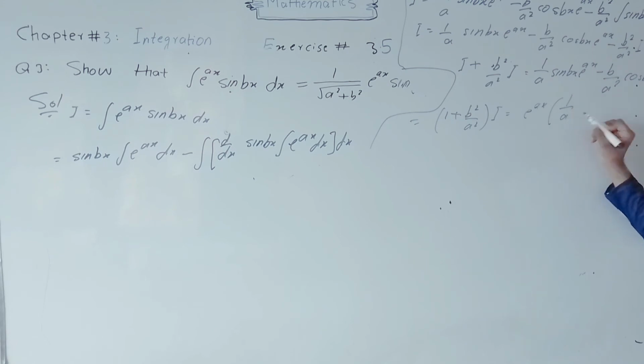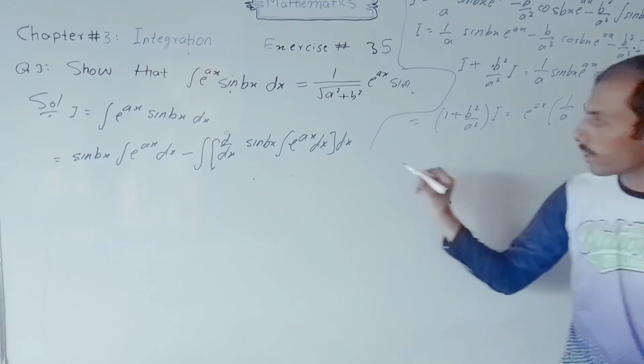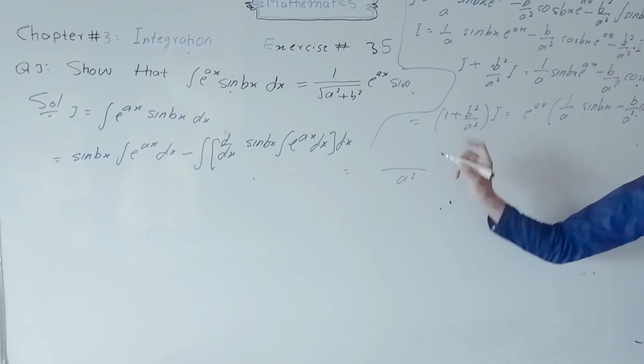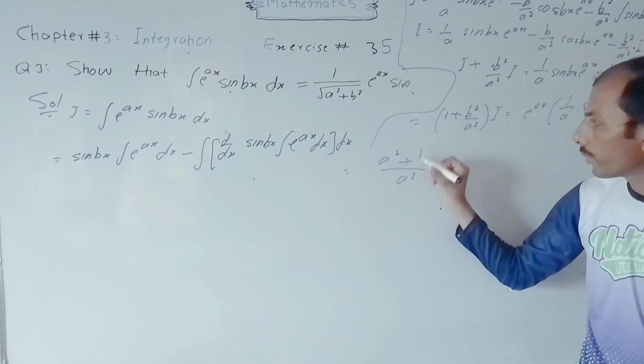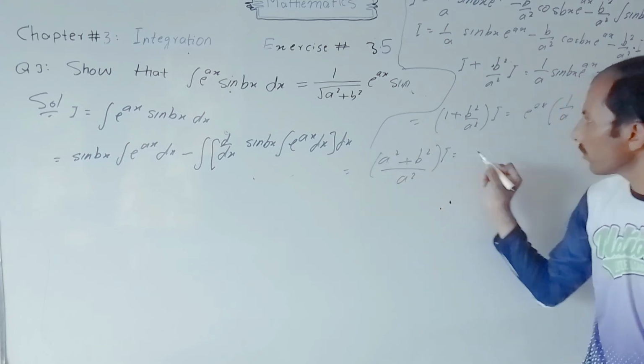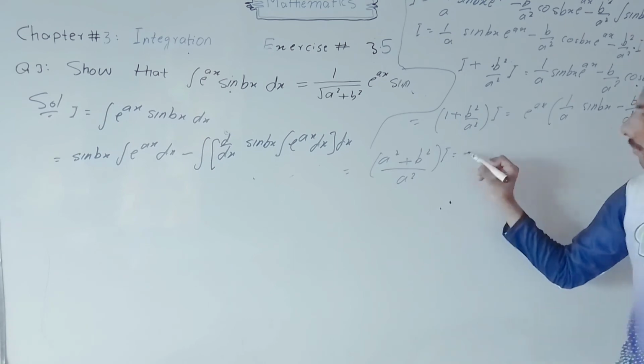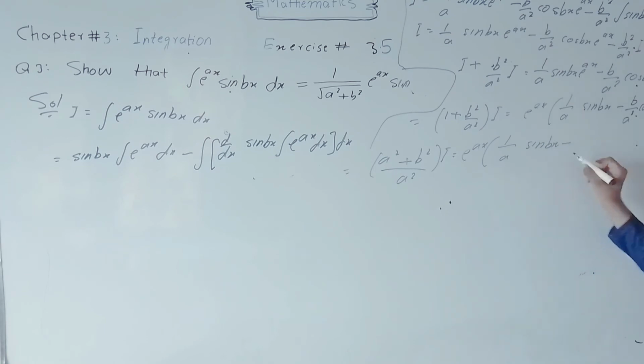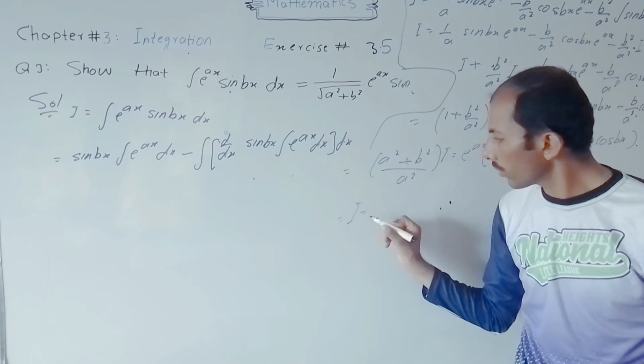which is equal to 1 divided by, taking e power ax common, 1 divided by a sin bx minus b divided by a square cos bx, which is equal to, so taking LCM, a square plus b square divided by a square into I is equal to e power ax into 1 divided by a sin bx minus b divided by a square cos bx,